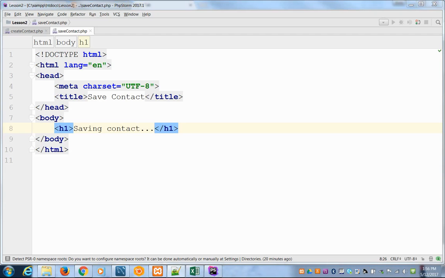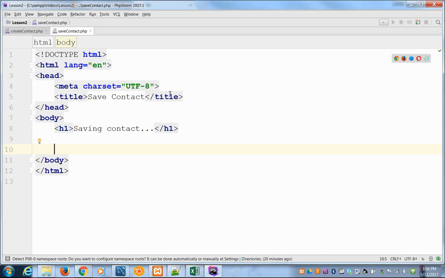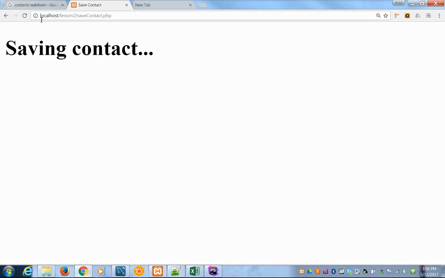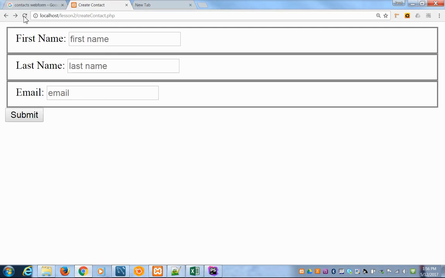The next thing we need to do is take a look at our data. The way that the form saves the data is in something called a post. There are two different options: you can do a post or a get. If I were to do a get here, hit save, and then go back and reload this page,